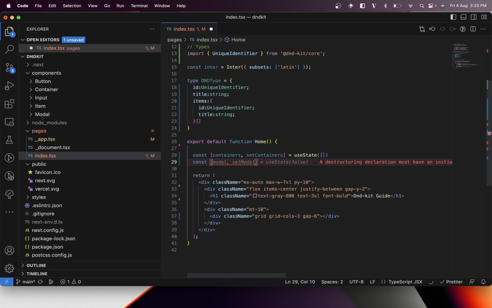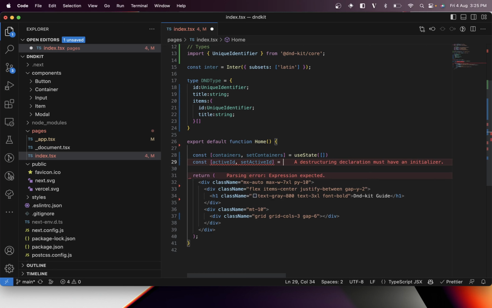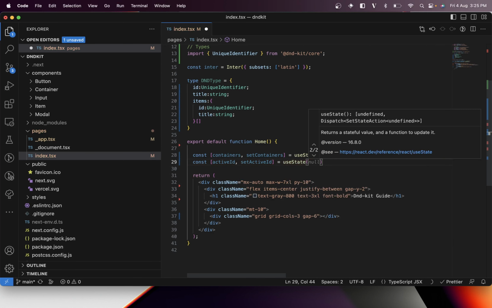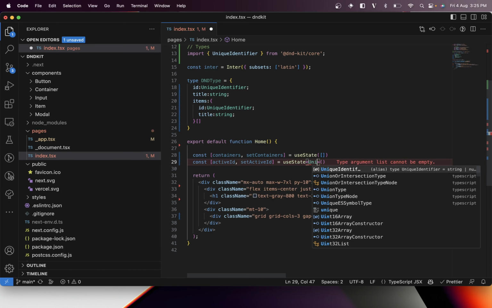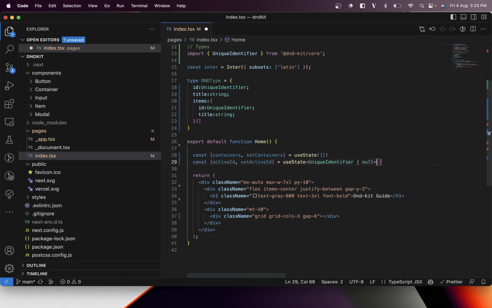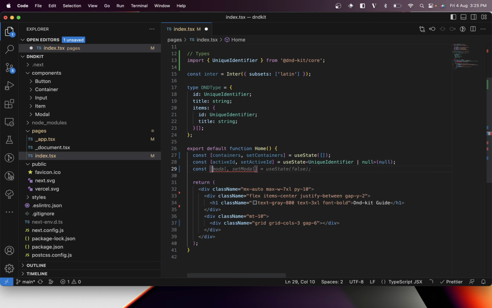Then let's create another state. We're going to call it activeId and setActiveId. Again, this needs to be a unique identifier, and it can also be null. So initially it should be null. And then another state is currentContainerId, which will be used basically for modals, but I'm defining it right now so that we don't have to do it later. So unique identifier,